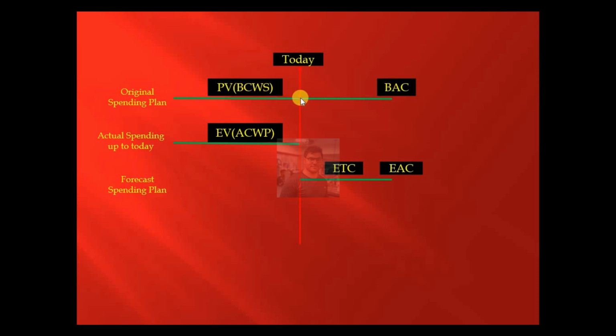And how much we have planned to spend until today, this is planned value. And how much we have actually spent, this is actual cost. And how much work is performed, how much work is done, for this how much we have planned is earned value. And this is the remaining work, how much this remaining work will cost, this is estimate to complete. And the cost of the remaining work plus actual cost is estimate at completion.